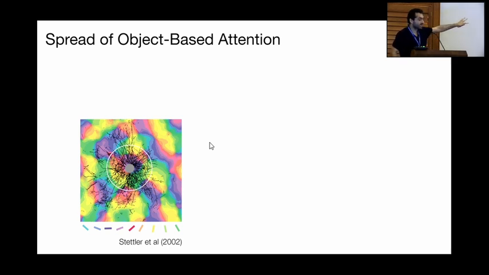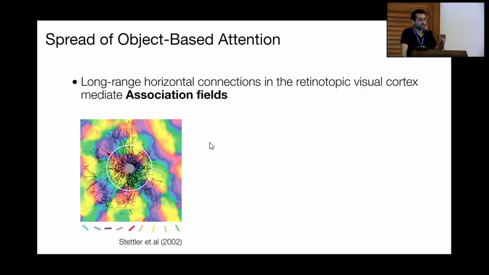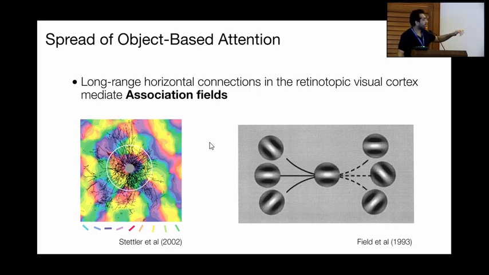So when we look at the surface of V1, where the colors show orientation selectivity, and this is superficial layers, people have observed long-range horizontal connections from orientation columns that are coding for the same orientation. And the suggestion is that these long-range horizontal connections actually mediate what we call association fields. Association fields were suggested in that paper, and they look something like that, where neurons that have similar selectivity could form associations, and they could basically up-modulate each other,